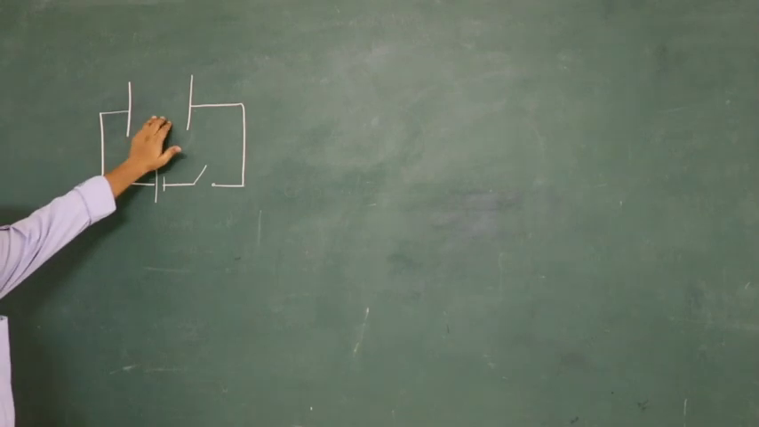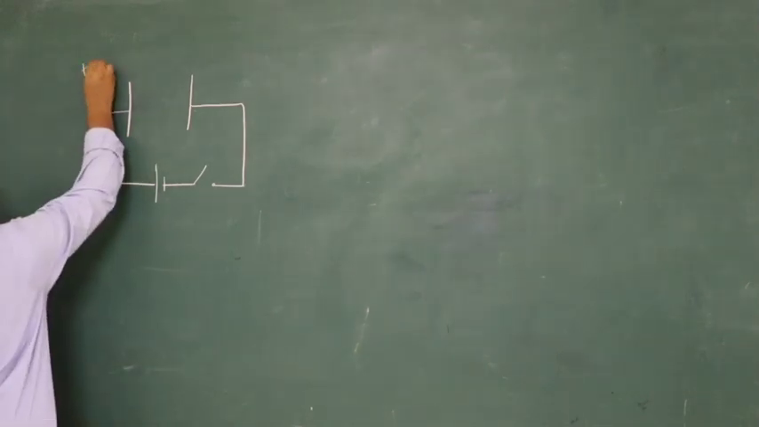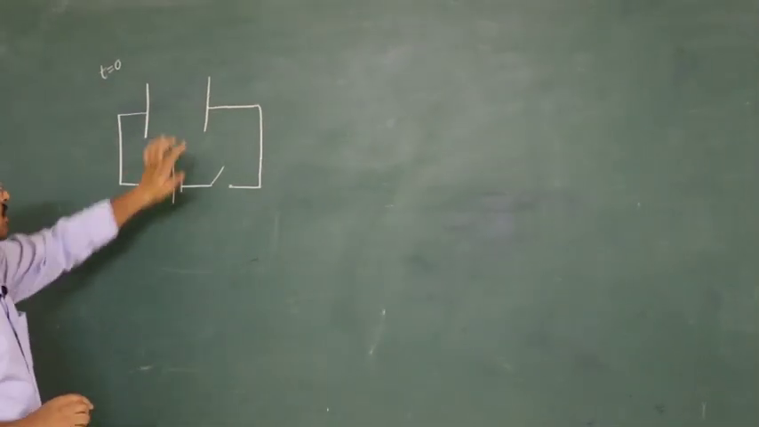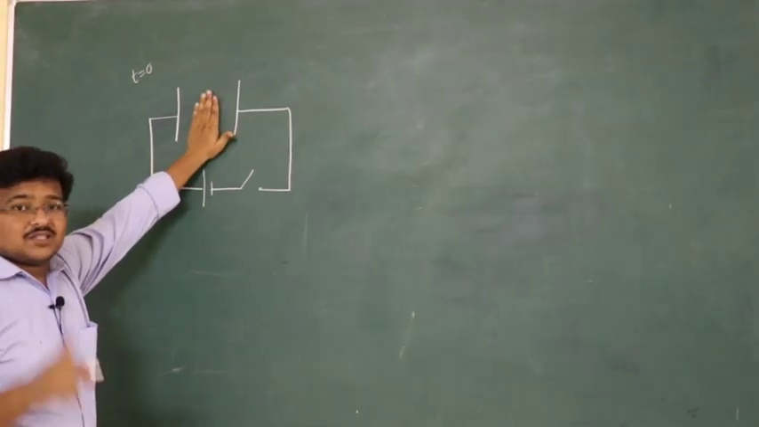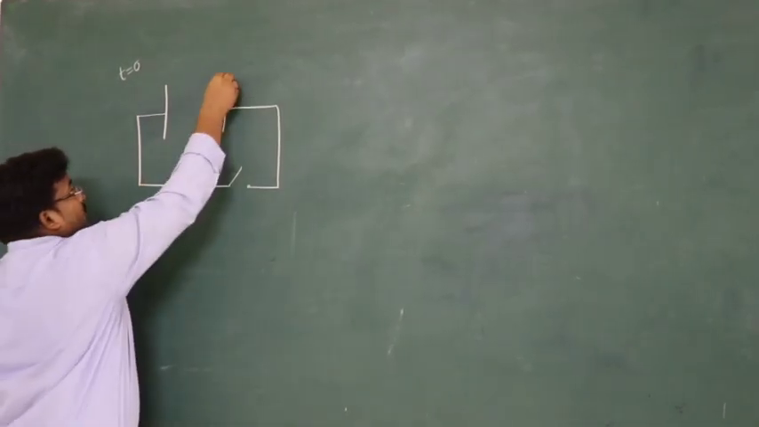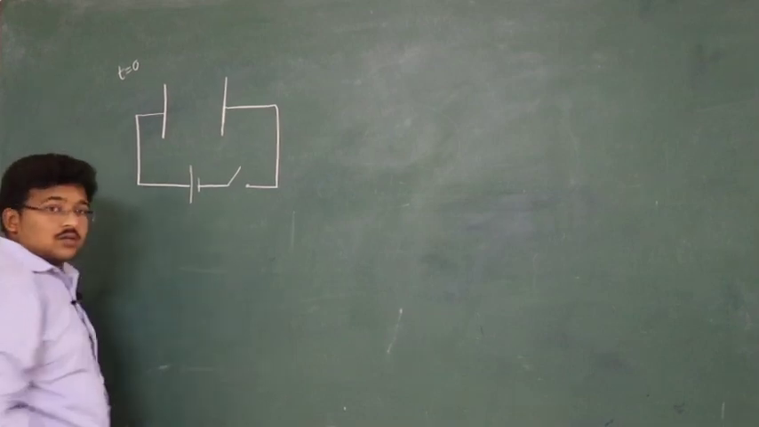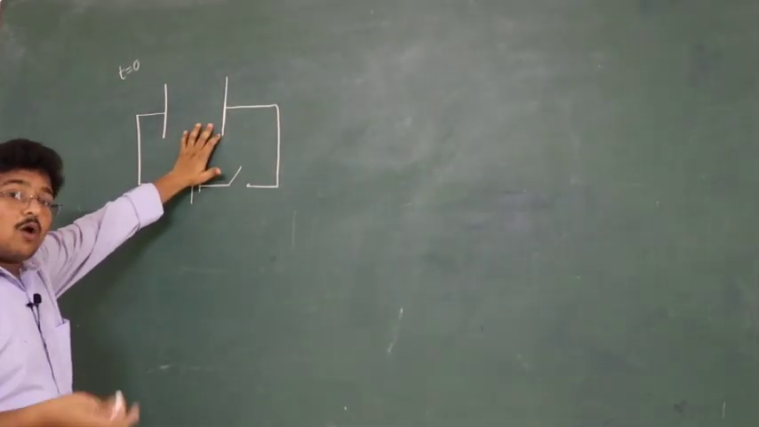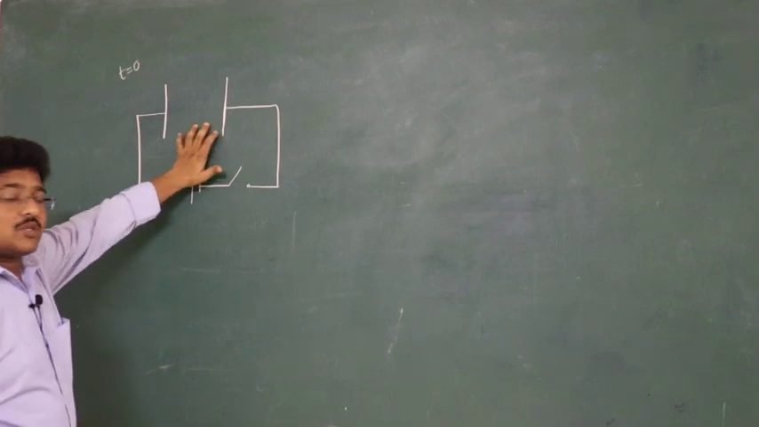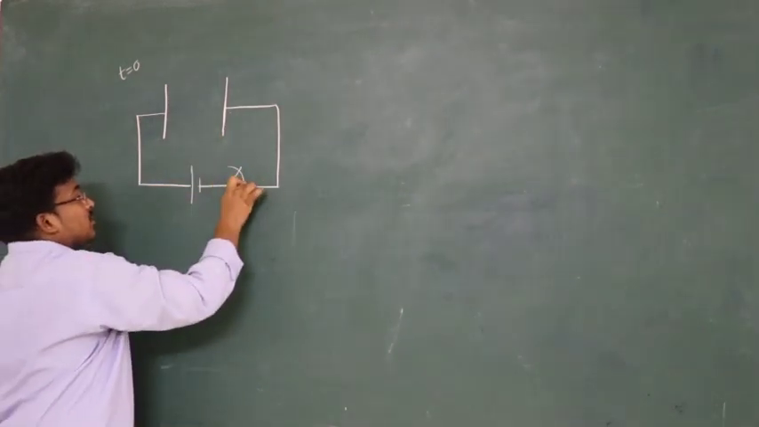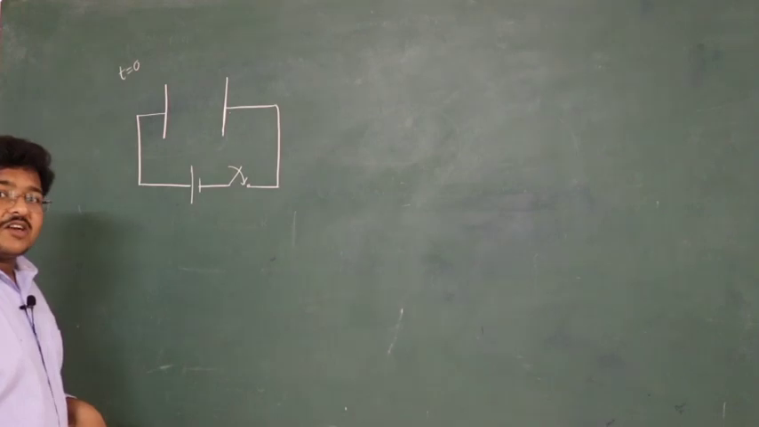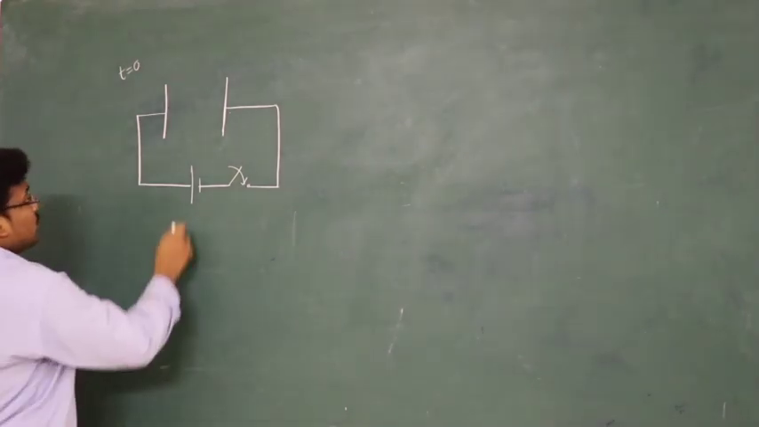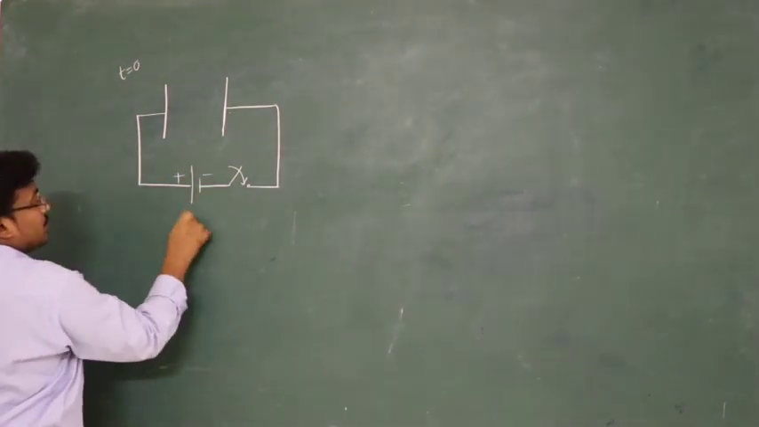So initially at time t0, the charge on the plates is 0. Now here no charge is present. Now how do we do the charging process? So here, when we close the switch, at an instant after closing the switch, from the battery